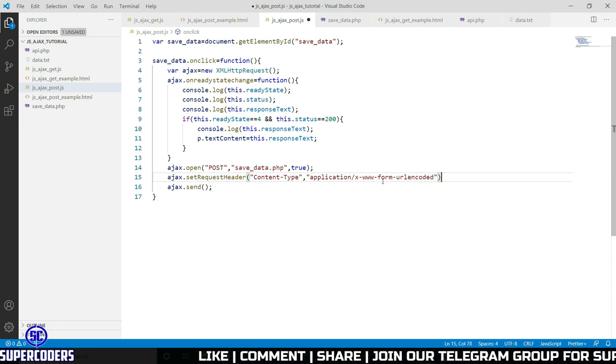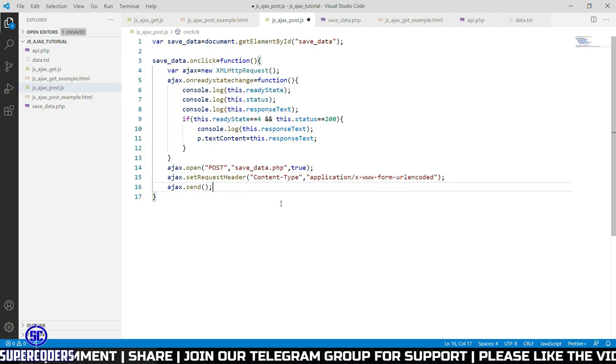So you must add this field in header, otherwise it will not work. Semicolon.